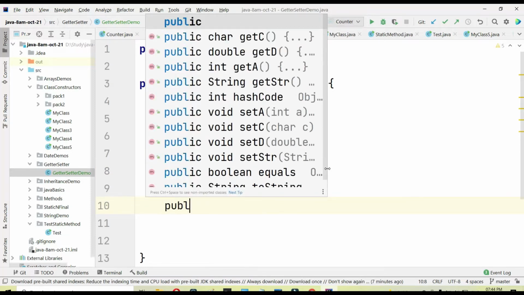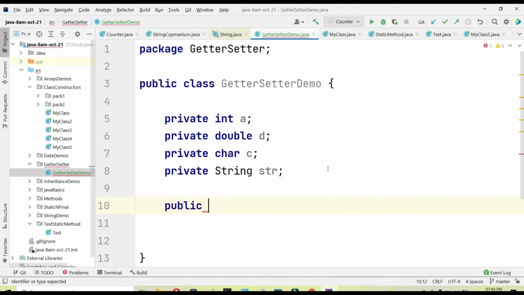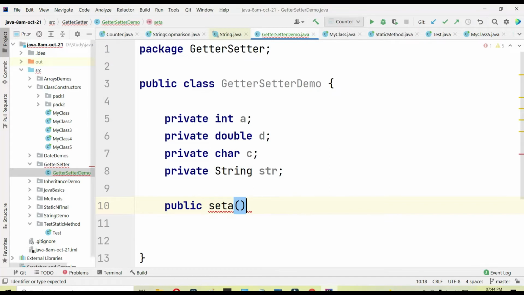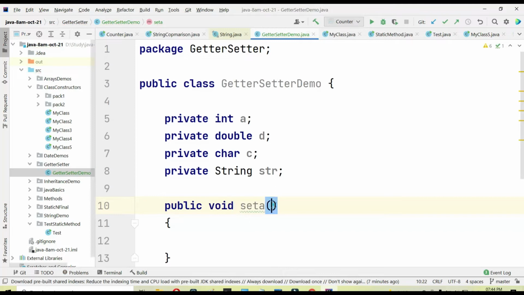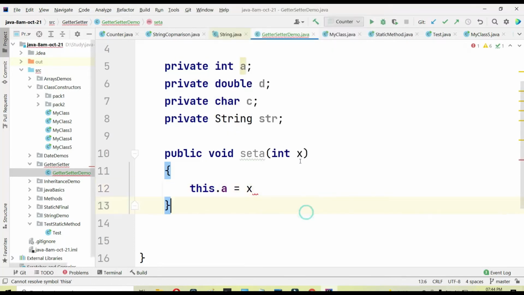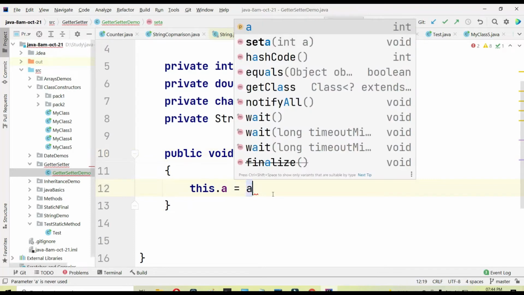Maybe you will create, let's say, public void set a, and here you will take some value. Let's take one variable, integer x, whatever it is, and a is equal to x, or this dot a is equal to a, and you can just define the same member here.